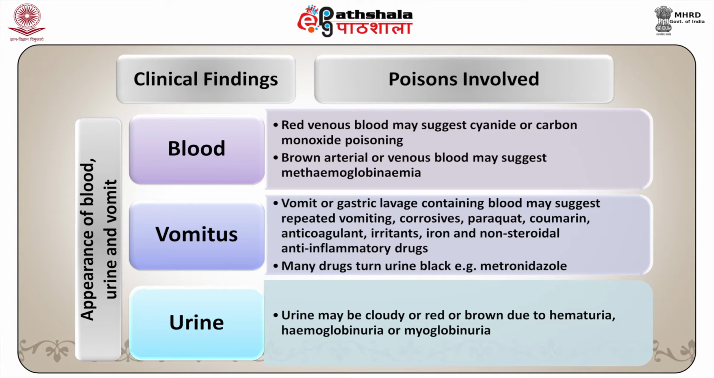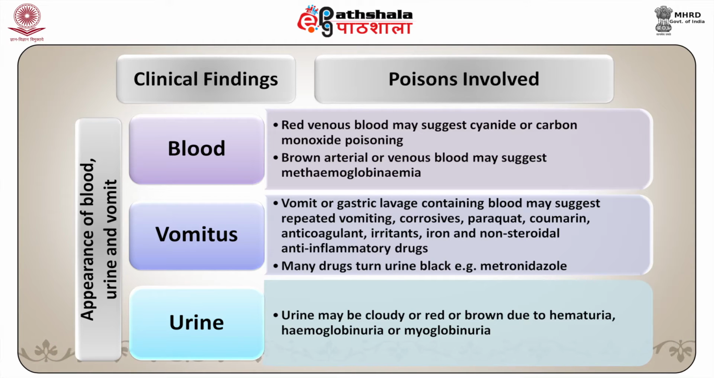If blood is there, the red venous blood may suggest cyanide or carbon monoxide poisoning. Brown arterial or venous blood may suggest methemoglobinemia. In case of vomitus, vomit or gastric lavage containing blood may suggest repeated vomiting. Corrosives, paraquat, coumarin, anticoagulants, irritants, iron and non-steroidal anti-inflammatory drugs, and many drugs turn urine black also, for example in case of metronidazole. In case of urine, urine may be cloudy or red or brown due to hematuria,